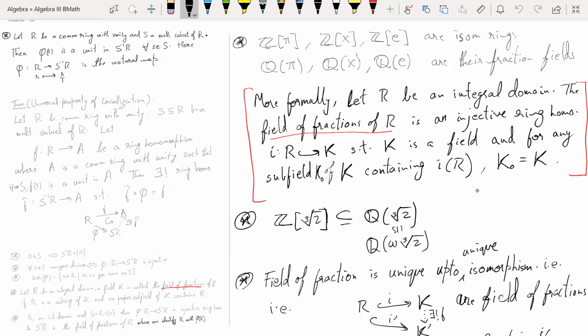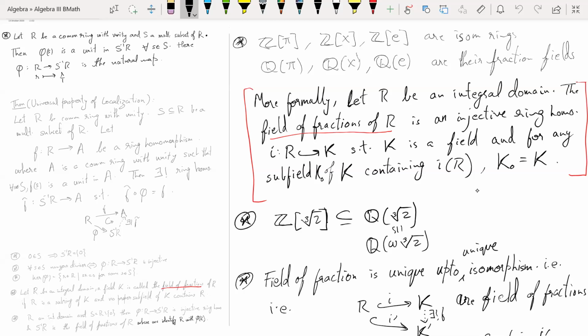Even quotient, when you define R mod I, it comes with this Q map from R to R mod I. So formally, quotient is this map, this ring homomorphism from R to R mod I. This morphism is called the quotient of R by I. Formally. So in that spirit,